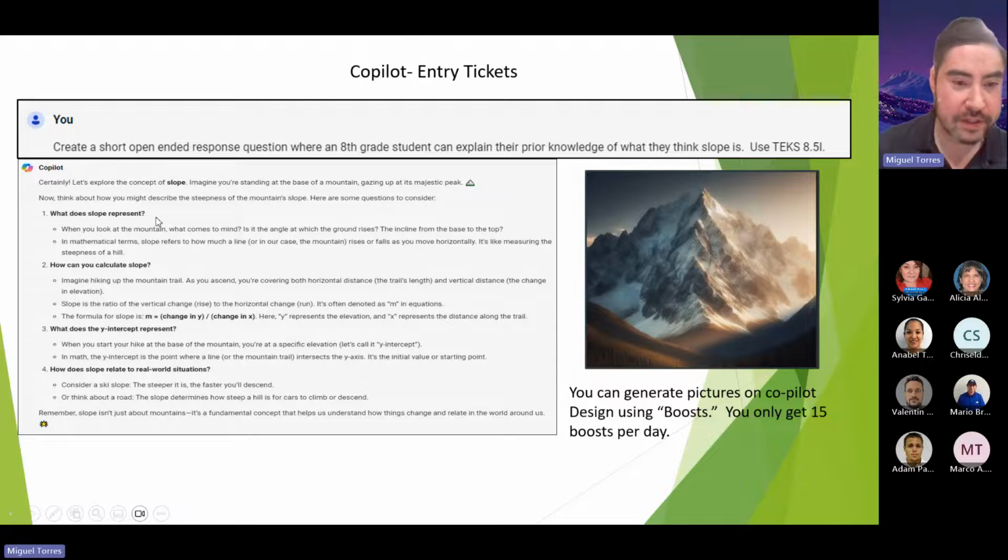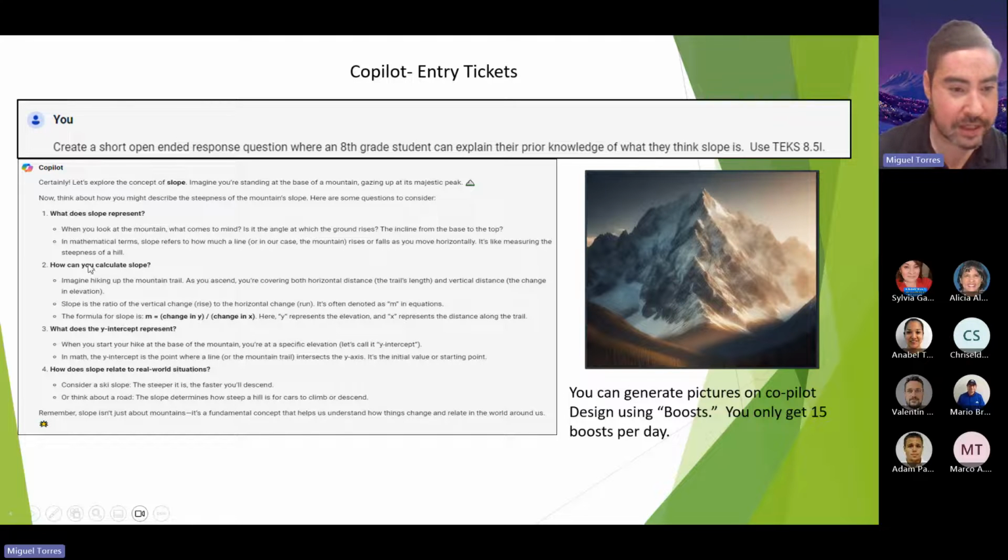That can be your entry ticket. And then let's just say if you are looking for the appropriate answers from students, these bullet points that you're seeing under 1, 2, 3, and 4, those are the answers. So if you think an answer is kind of wishy-washy, or you don't necessarily know the answer, or a student comes up with a really smart answer that you're like, well, let's investigate that together. That happens a lot to me, but this is giving you a clear-cut picture of what you should be looking out for.